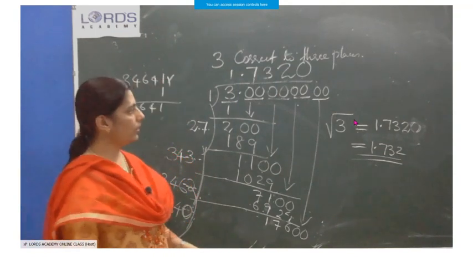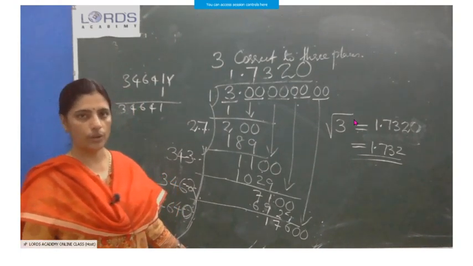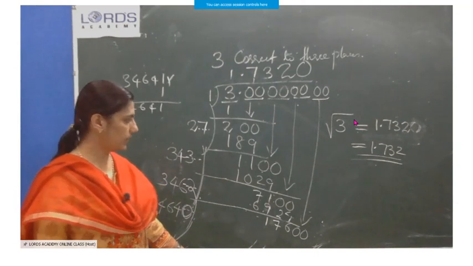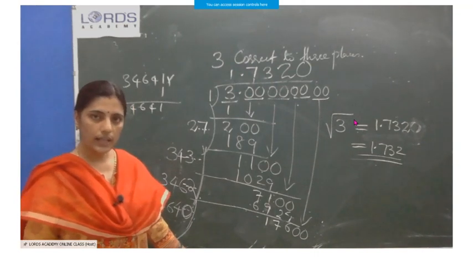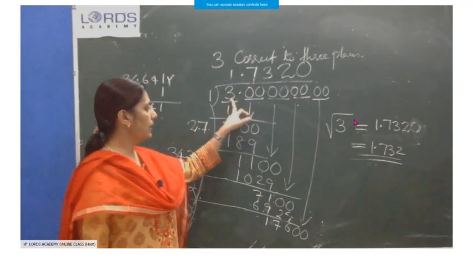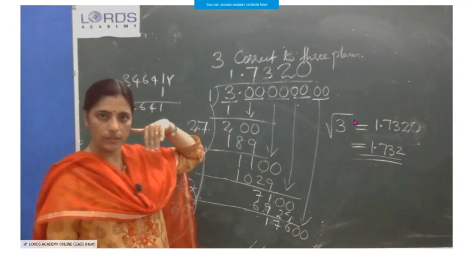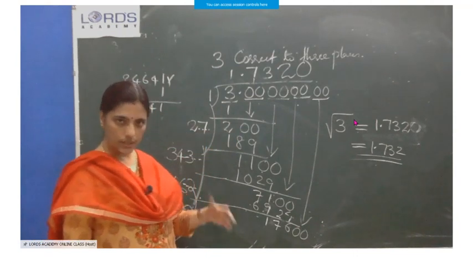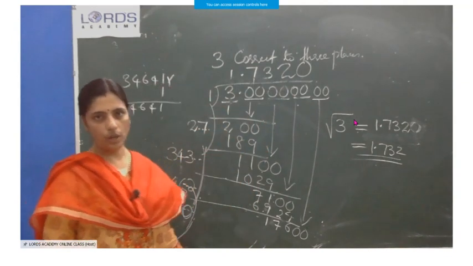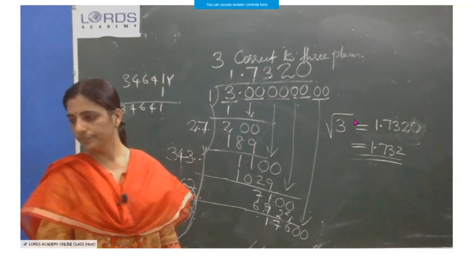In higher classes, you have to learn this value by heart, root 3, root 2 values and all. Now we have proved how you get the root 3 value, 1.732. As homework I will give root 5 and root 7, same procedure. For 7, write it here and provide 4 sets of zeros and do the same. For 5 also, provide many zeros after 5 point and do it. Do as many places as they ask.